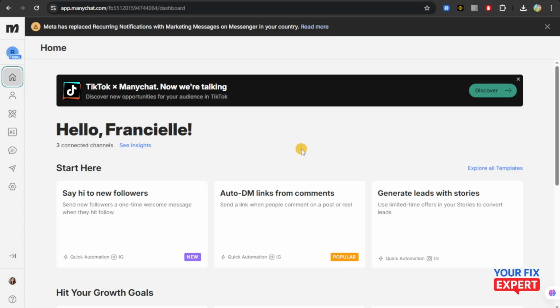This is how you're going to send automatic messages on Instagram. So Instagram automation is the best way to handle DMs and story mentions instantly. And this is how you're going to do it in the ManyChat website. So first thing, you're going to make sure that you're logged into your ManyChat account and you are on your